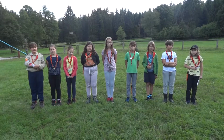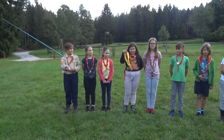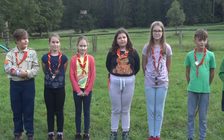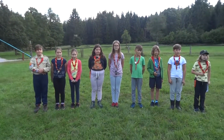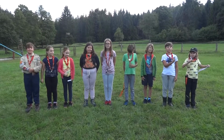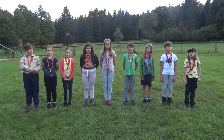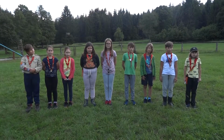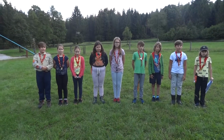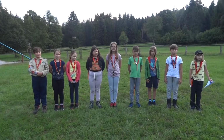Preschoolers and kindergartens are called crickets and have a yellow neckerchief. From the age of 6 to 11, we have cubs and bees with a red neckerchief. Cubs are boys and bees are girls, but we usually refer to them with the abbreviation MCHE. That's them. From 11 to 15, the scouts are called woodsmen and woodswomen, and their neckerchiefs are green, but we